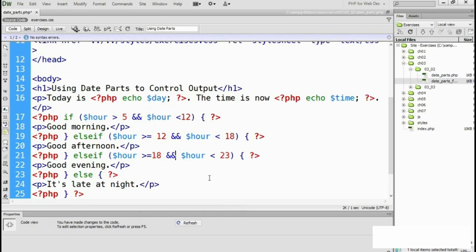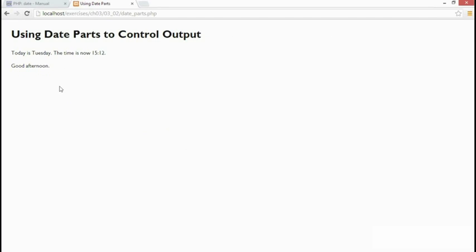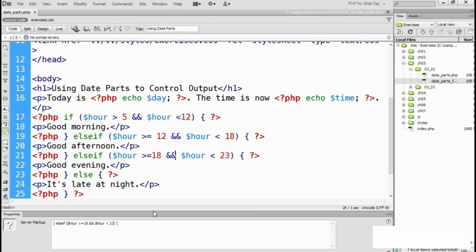There we are, we've changed all those. Save the page again, go back to our browser. Time's now 15:12. Good afternoon. Success. So this has been only a simple example of using if-else to control output in PHP, but it's demonstrated